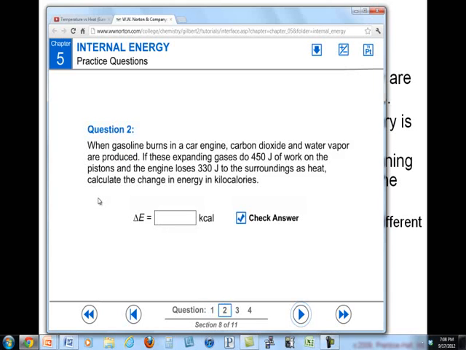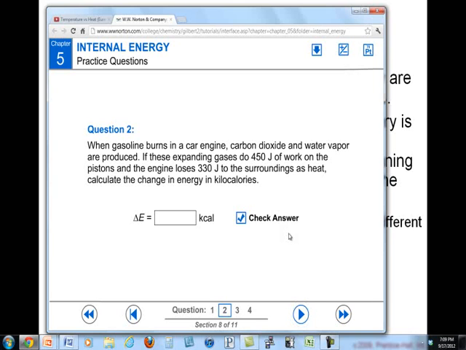Let's take a look at another. When gasoline burns in a car engine, carbon dioxide and water vapor are produced. If these expanding gases do 450 joules of work on the pistons and the engine loses 330 joules to the surroundings, calculate the energy change in kilocalories. So the expansion of the gases does 450 joules of work on the surroundings, which include the piston. So this is going to be a negative, right? And the engine loses 330 joules to the surroundings as heat. So this will also be a negative. So it's going to be a total of negative